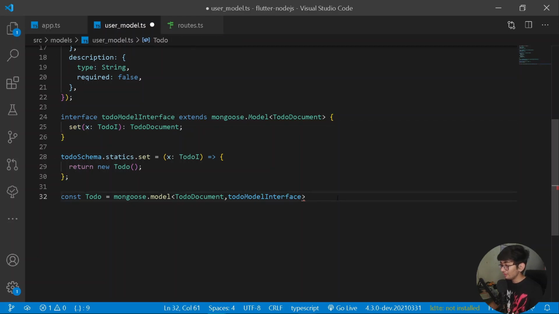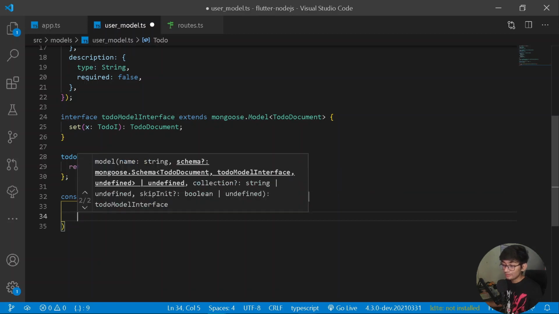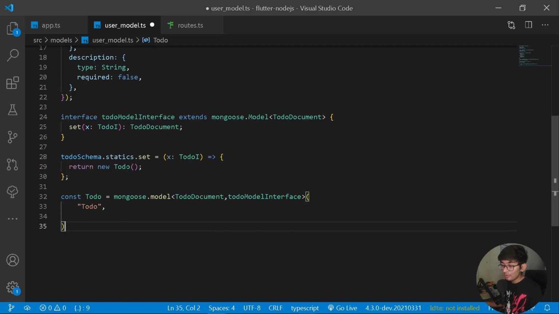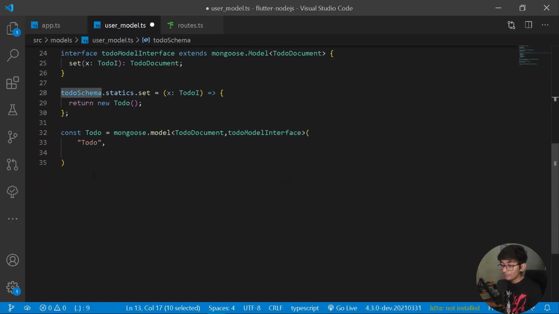Under this method first of all it will be requiring the name of our model, so let's add to-do as a name, and also it will be requiring a schema. If you hover over it, you will get all the information that it will be requiring a schema. So for schema, what we can really do is go at the top and paste the schema here, easy thing.